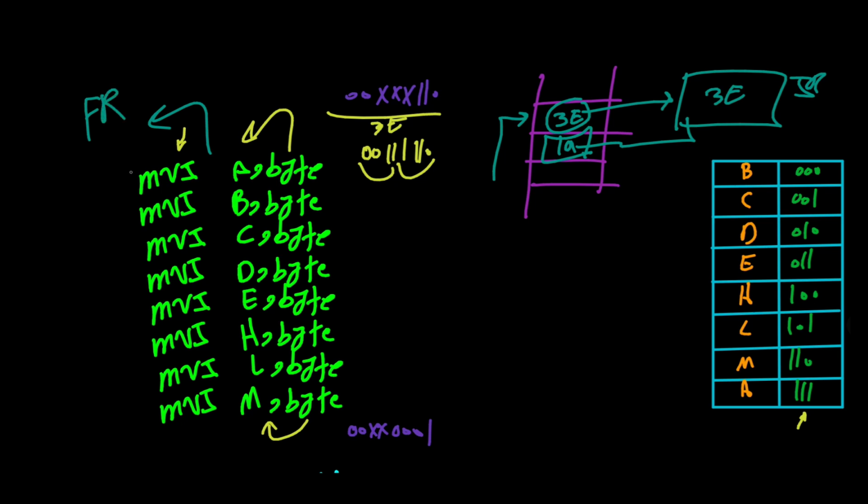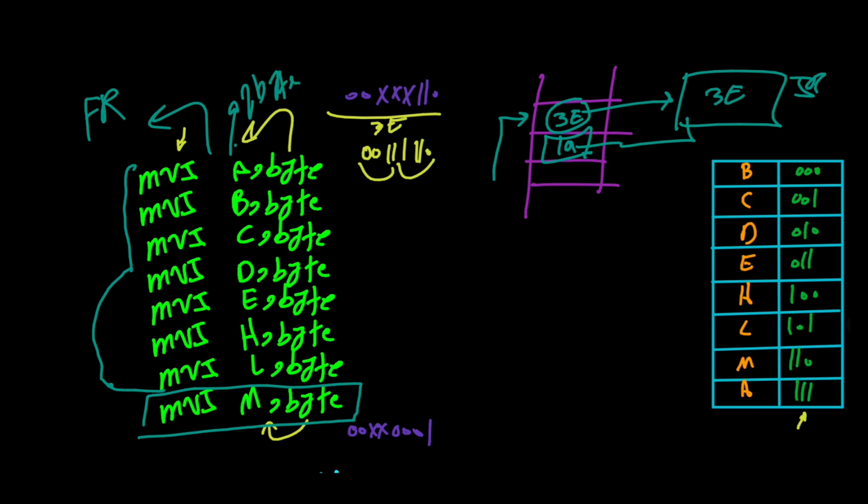All of the other 6 would be the same until this last one, which is move immediate byte to M. Obviously the opcode would be 1 byte, and the byte here would make the instruction a 2-byte instruction. The steps or machine cycles for all of them is FR until move immediate byte to M, which would be